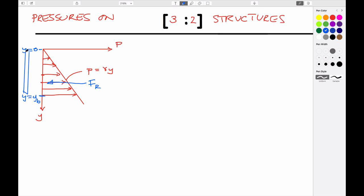If I try and draw it in perspective, it would look something like this. That's between those points. And we want to know what the force is that's acting in this direction. This is our resultant. So uppercase R is for resultant. So we can do that pretty straightforwardly, merely by writing that the force that we get